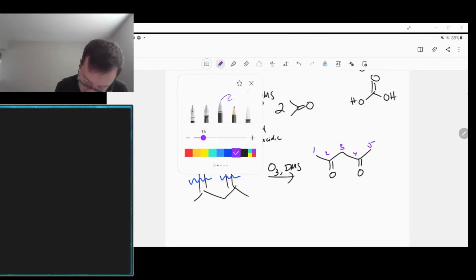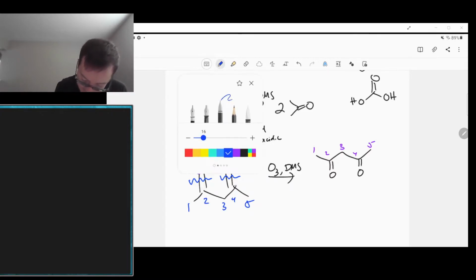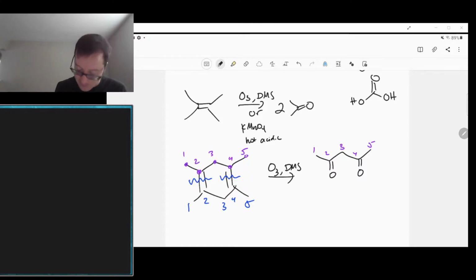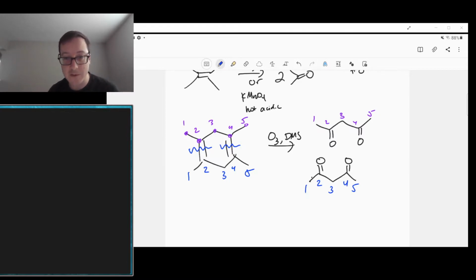And if we take a look at the bottom half of the molecule, we have 5 carbons there with alkenes on carbons 2 and 4. And so we end up with the same molecule upside down, but that doesn't matter, of course. So we really get two equivalents of this same molecule, this pentanedione. Although you don't know how to say that, you get the same molecule. So in this case, it's simply a matter of separating your molecules, replacing everything with oxygens